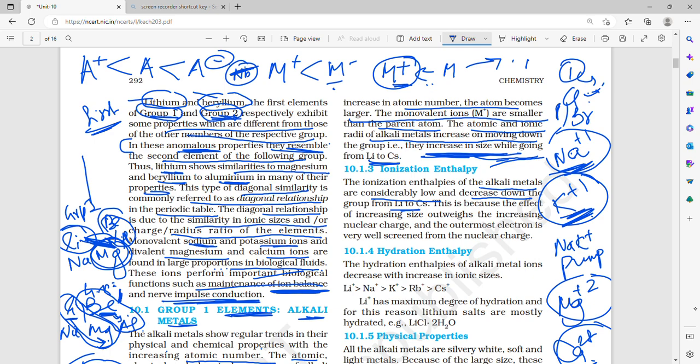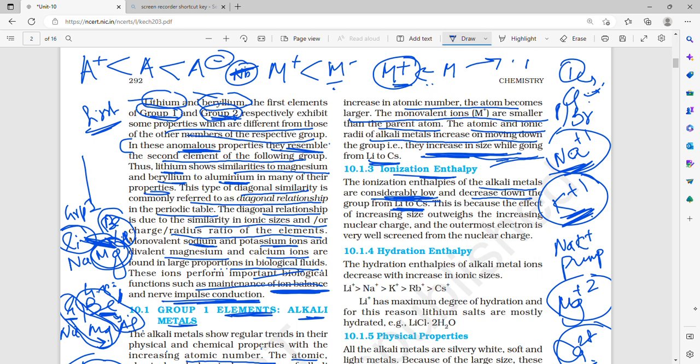So एक इलेक्ट्रॉन निकालना from an element which is stable, it will take a lot of energy. But in this case, ionization enthalpy of alkali metals is considerably low and it decreases down the group from lithium to cesium. Okay, because एक इलेक्ट्रॉन निकालने में when it is going to attain noble gas configuration, इतनी ज़्यादा